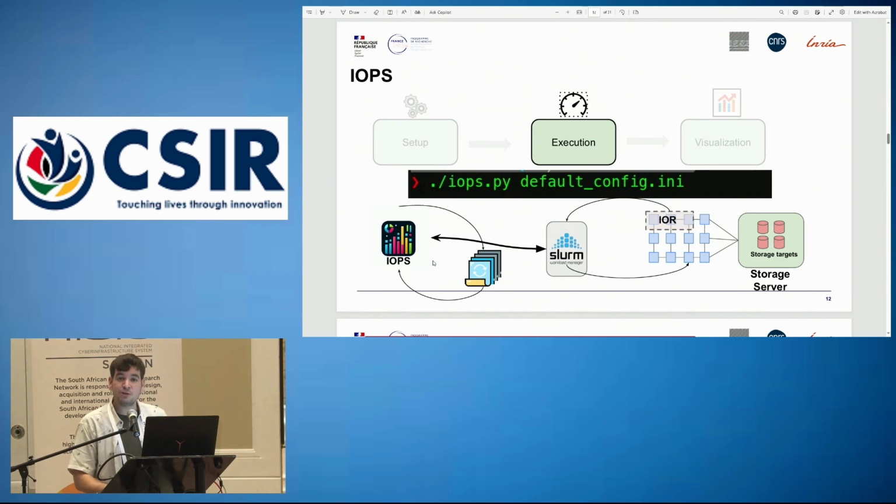Then we have the execution part, where you call the tool again, and you give the setup file. In the execution part, the tool generates all the batch files that you need to execute all those benchmark tests. As a benchmark, right now we give support to IOR. People that work with I/O probably know a lot about IOR, which is an I/O benchmark. Then IOPS manages all the execution of those tests. It goes to Slurm, submits the first test, waits for the result, goes to Slurm again, second test, and so on. Then, in the end,